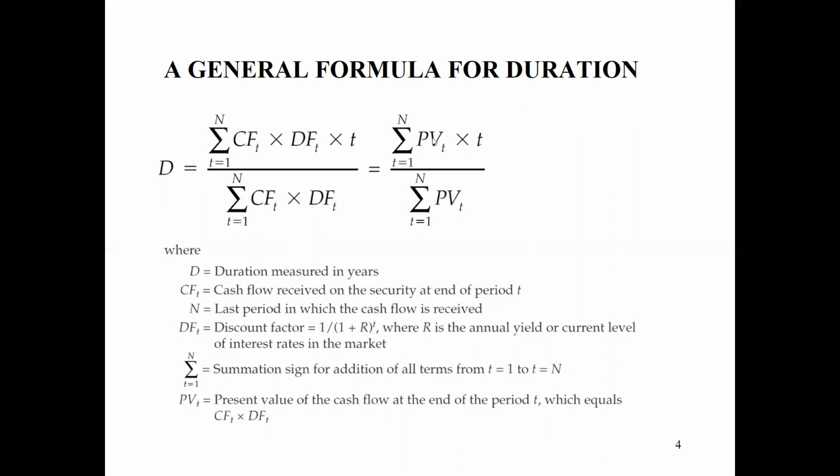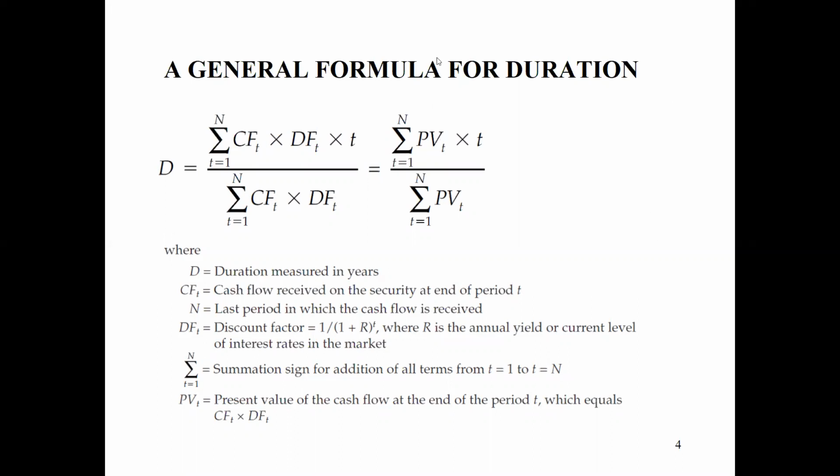So if you want to summarize, we're taking the present value of each cash flow in the future that we're about to receive, times the number of the periods. It's more correct to say it like this, because we are not only going to deal with years, we're going to deal as well with monthly basis, semi-annual, and so on. So we're going to deal with the period. This is the summation sign that you have. You take the present value of each cash flow.